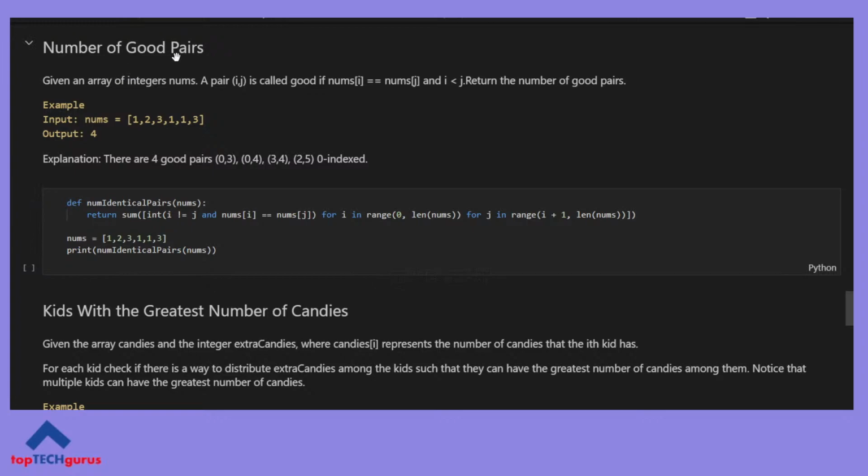There's another LeetCode one we'll go through. This is the last one for today. The other LeetCodes I'll provide in the description. Another one which has a LeetCode example is number of good pairs. Given an array of integer numbers, a pair i, j is called good if nums[i] is equal to nums[j] and i is less than j. So they want you to provide duplicates. They want you to provide 1, 1, 1, 1 as 2 different duplicates,